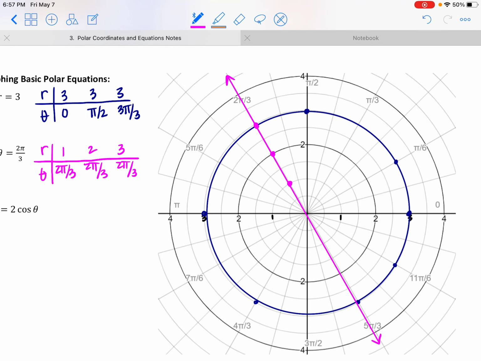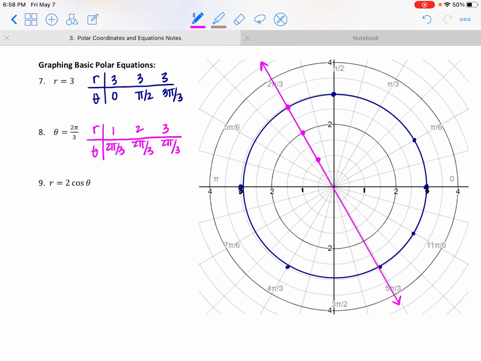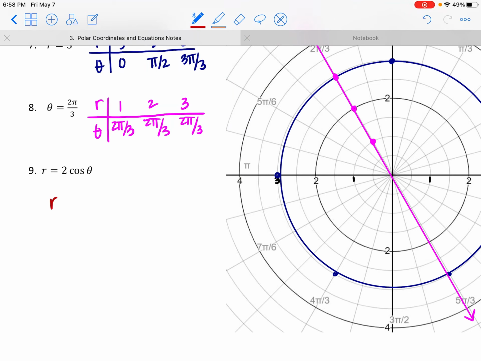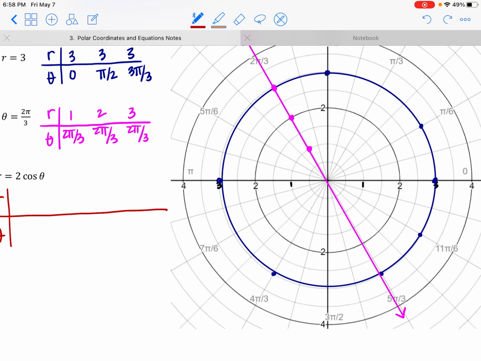Now, the third one, again, is a pretty basic example, but this time we have r and theta. So it works just like any other function. We're going to pick some values, plug in, and see what happens. Now, what's going to be easier to choose for, based on the way this is set up? R, theta. I think based off the way this is set up, it's going to be easier for us to input values for theta and figure out what our radius is going to be. So picking some values for theta,